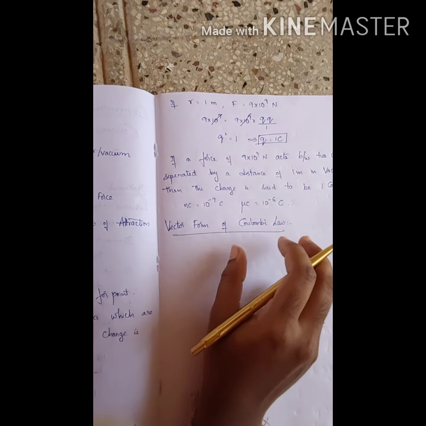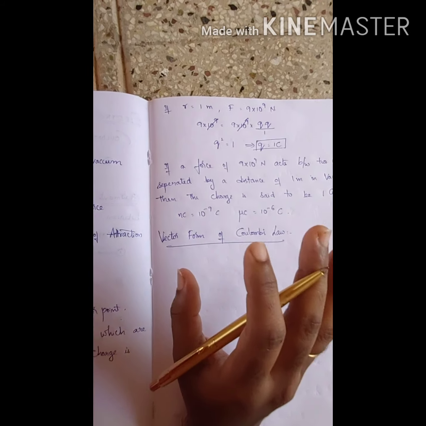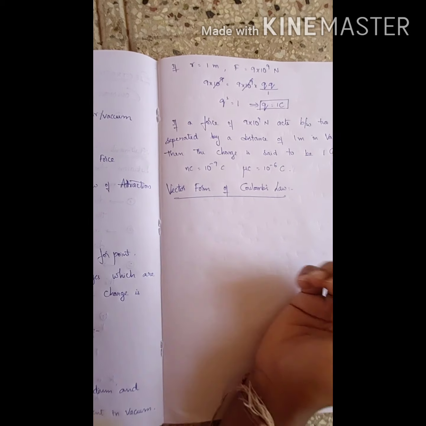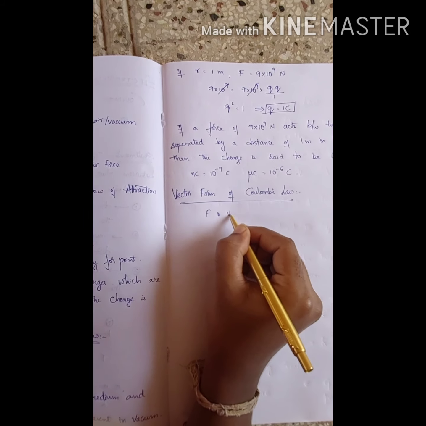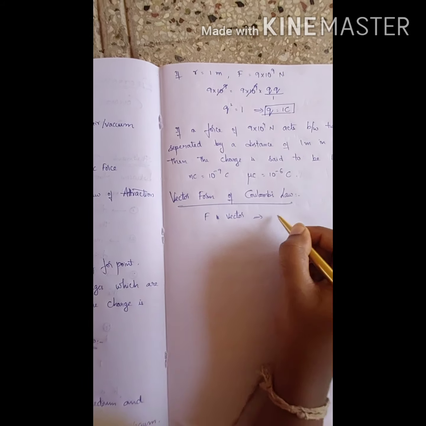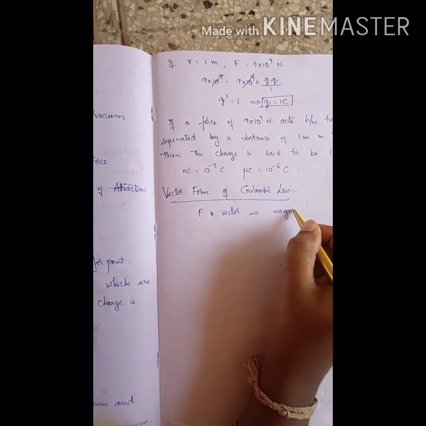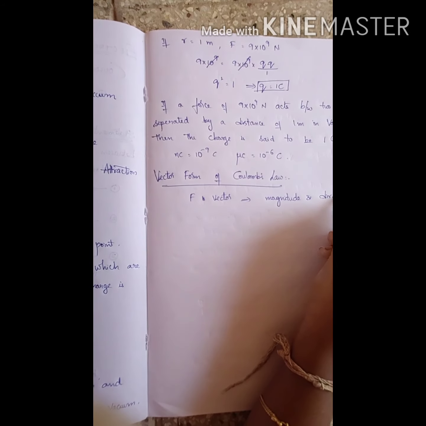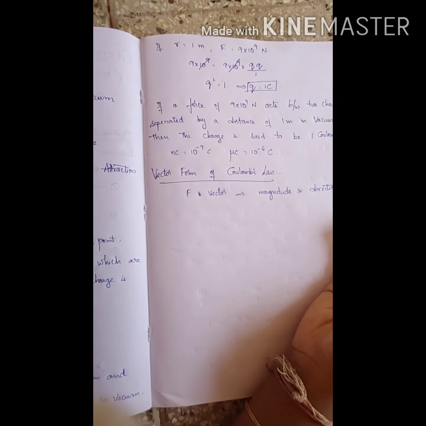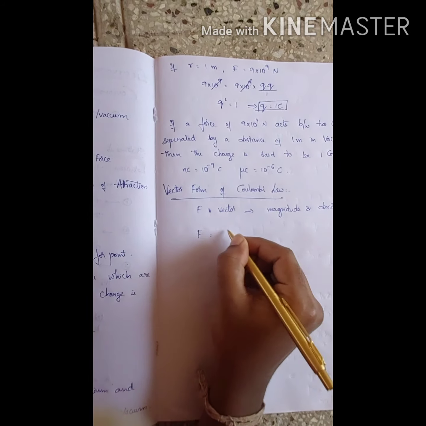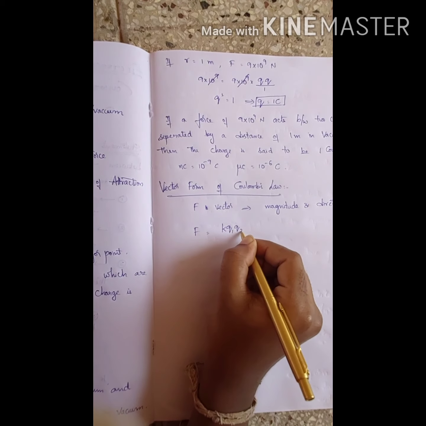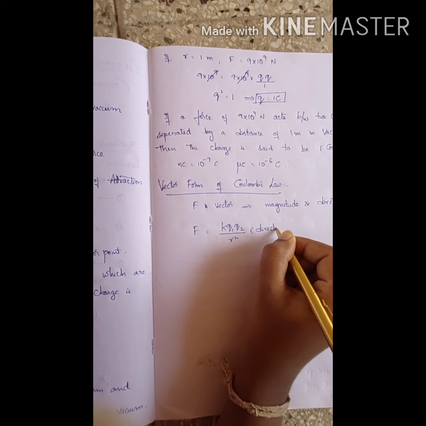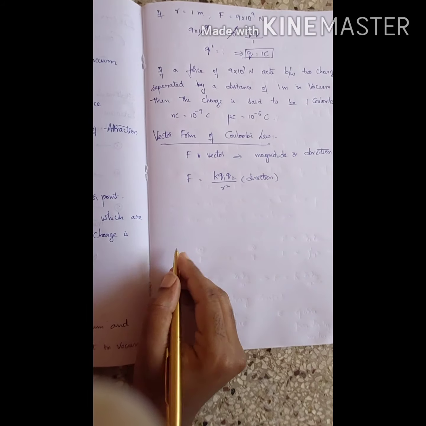So here in Coulomb's inverse square law, we'll be talking only about the magnitude of the force, but force is a vector, so I have to represent both magnitude and direction. So how will you represent the magnitude and direction? F is equals to K Q1 Q2 by R square into you have to represent the direction. Now we'll see how will you represent the direction of the vectors.